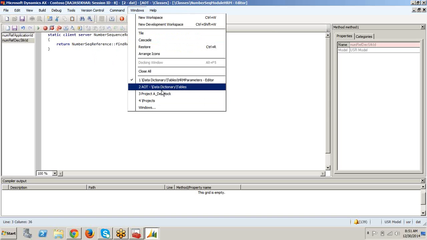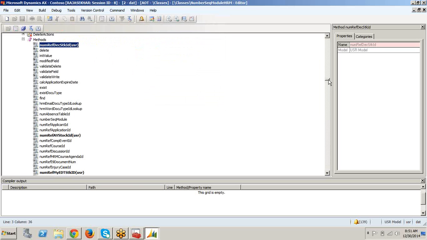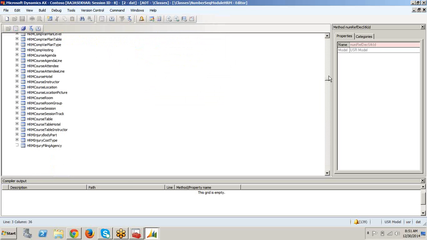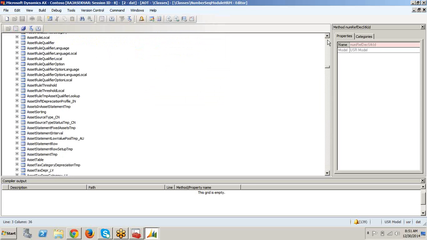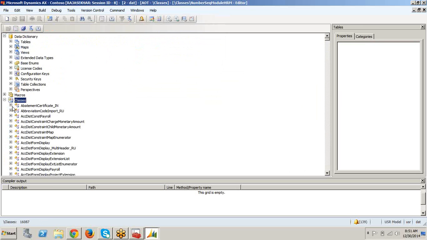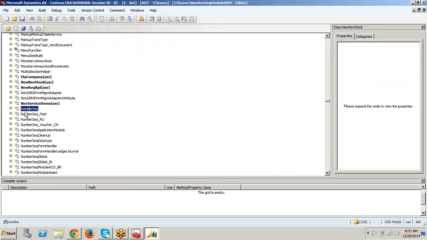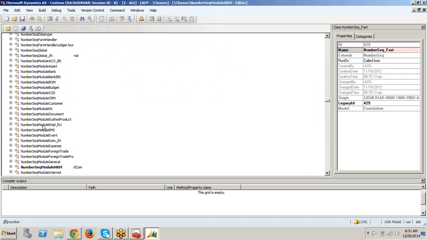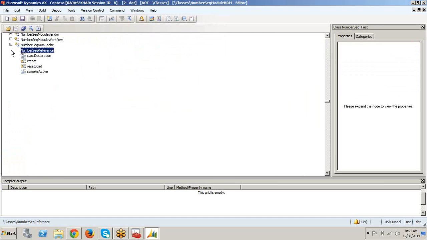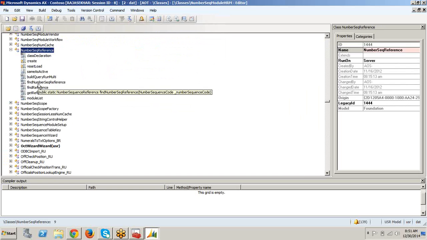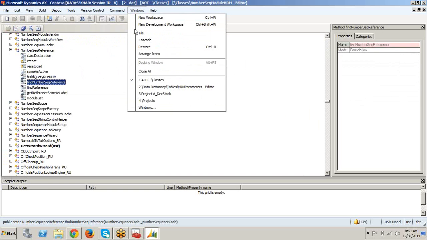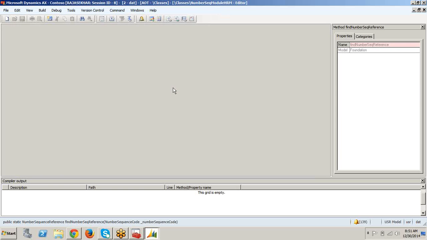See, in the classes, number sequence reference, and here we got the find number sequence reference, right?